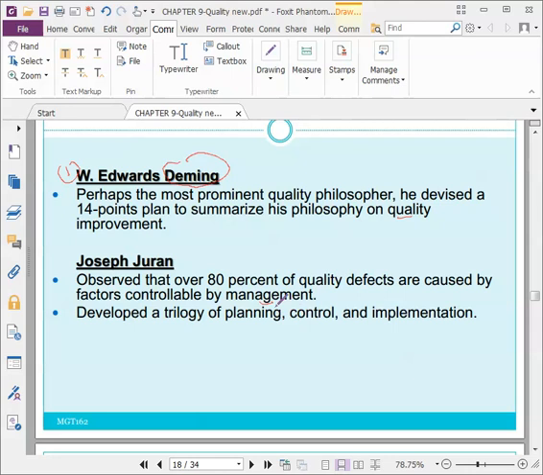Okay, itu adalah sebab-sebab utama. Kenapa 80% kerosakan ataupun defect yang berlaku kepada produk tu disebabkan oleh management sendiri. Okay, perkara faktor-faktor yang kita boleh control. Okay, so Joseph Juran juga develop a trilogy of planning, control and implementation. Trilogy tu maksudnya develop satu cara lah. Okay, cara macam kita nak plan, control and implement quality punya